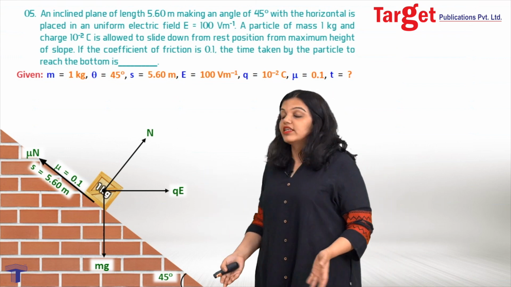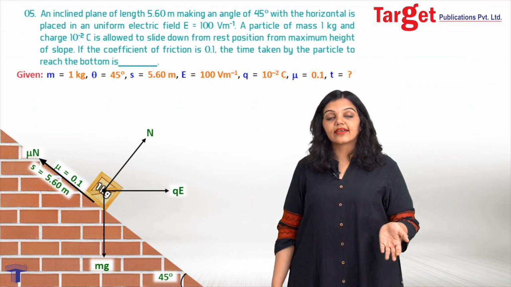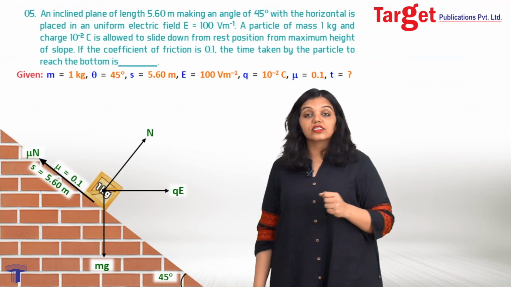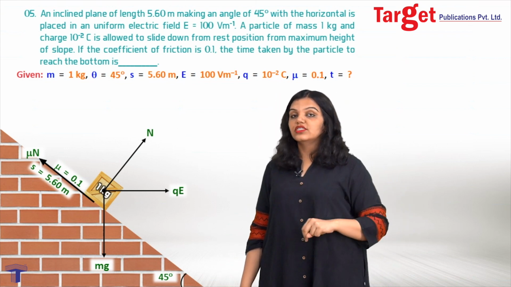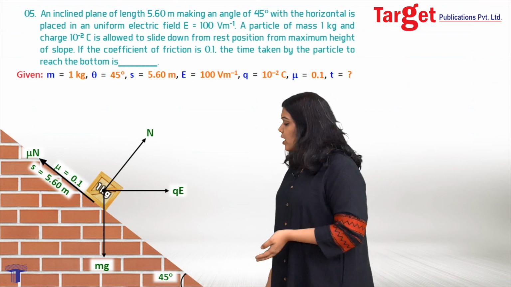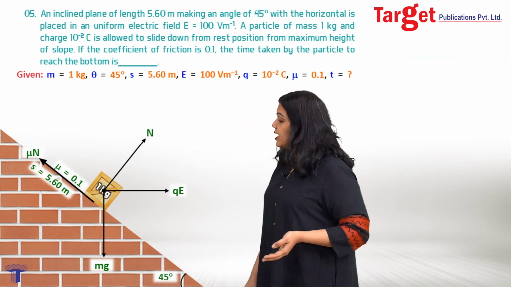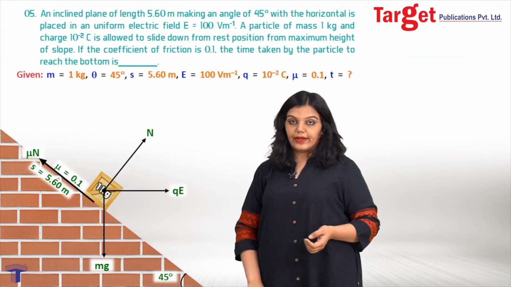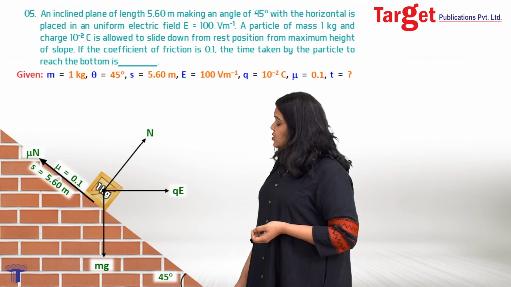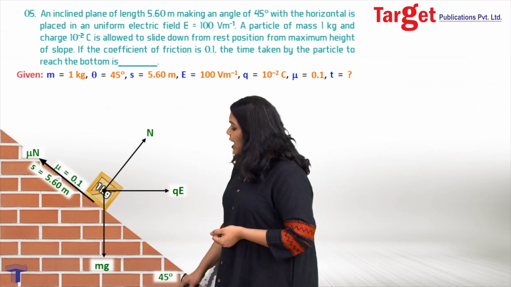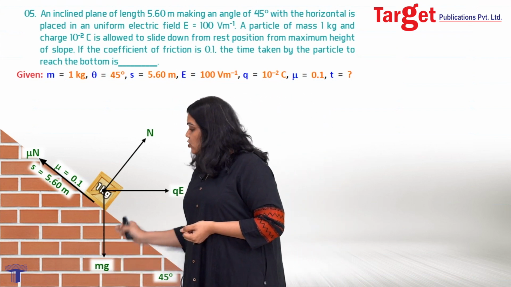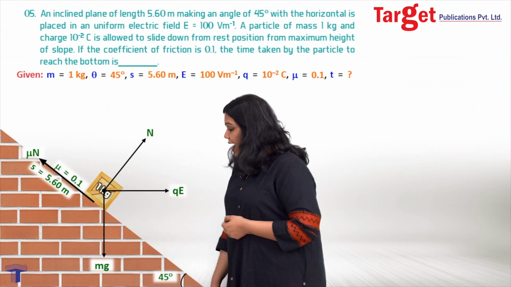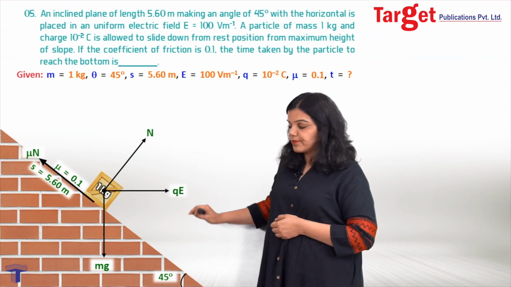That's it. Now I have a very normal sum, just like any other mechanical sum that I was solving. Now what do we do? It's very straightforward. We have to resolve vectors by choosing any two directions that we are comfortable with. Obviously, in this sum, you should choose the two directions, one perpendicular to the plane and one along the plane. So for doing this, which vectors will we have to resolve? We'll have to resolve the vector mg because it's neither perpendicular nor along the length of the plane. So we have to resolve the vector mg and we will have to resolve the vector QE.